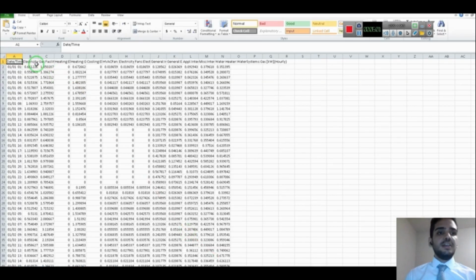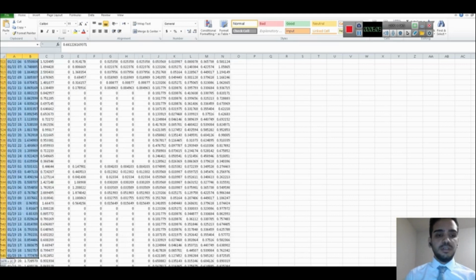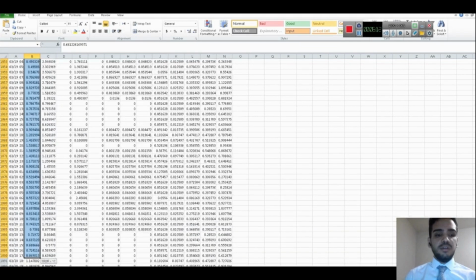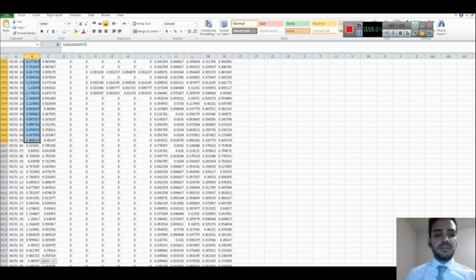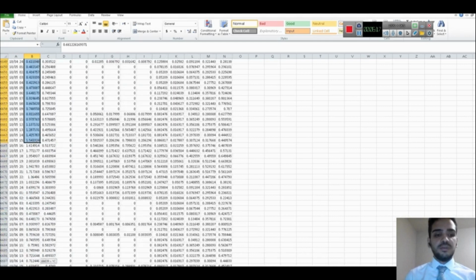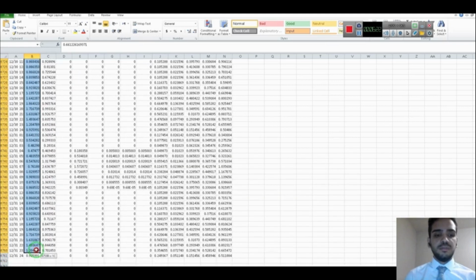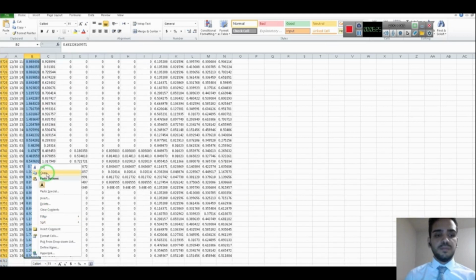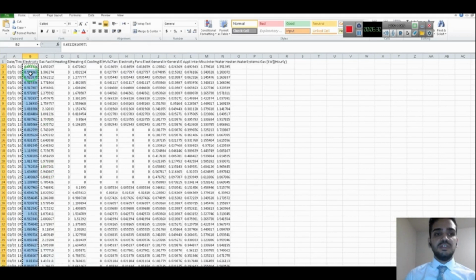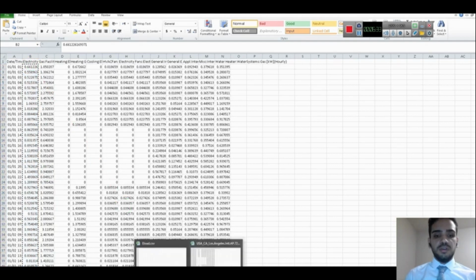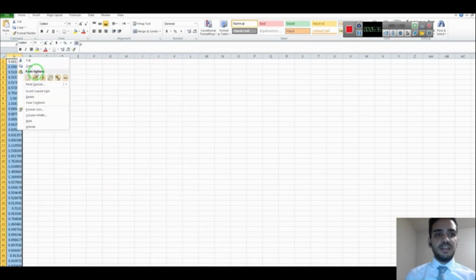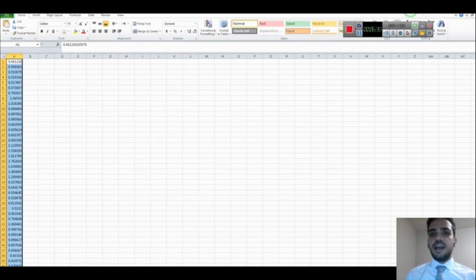We download that data, which is something like this. For this data, you need to choose the data from the second row all the way down. This is the hourly load data for Los Angeles. We need to copy this data and put it inside that eload.csv file inside the content folder. These are a total of 8,760 values. We didn't choose the first row, so we copy and paste these values here and save this file.